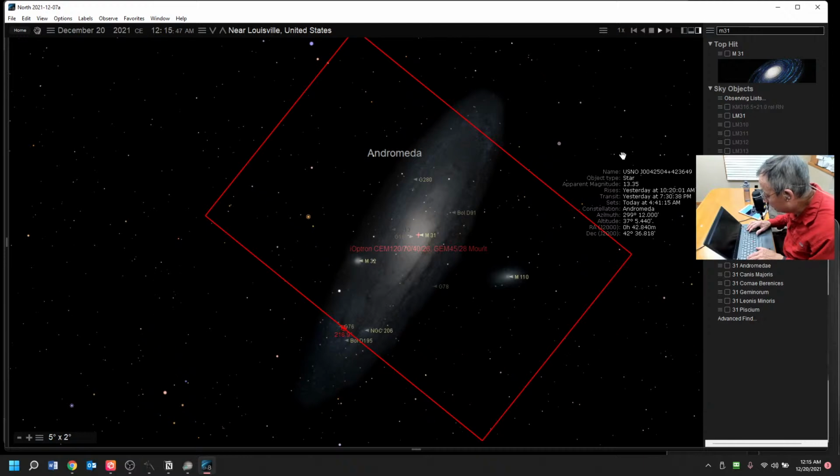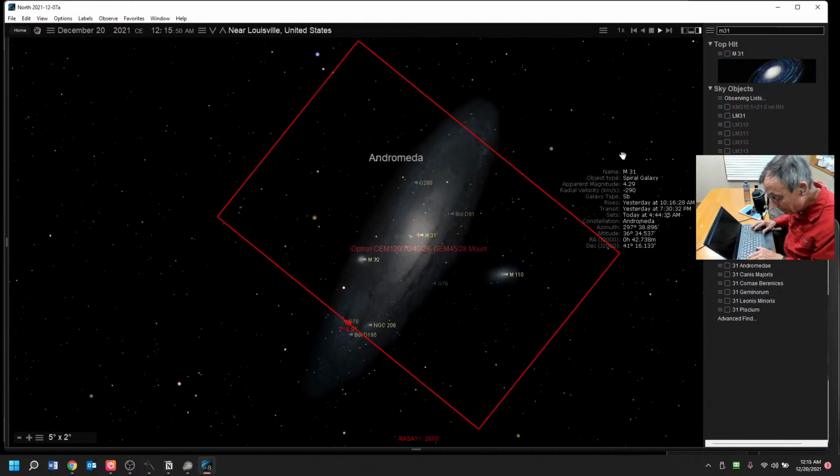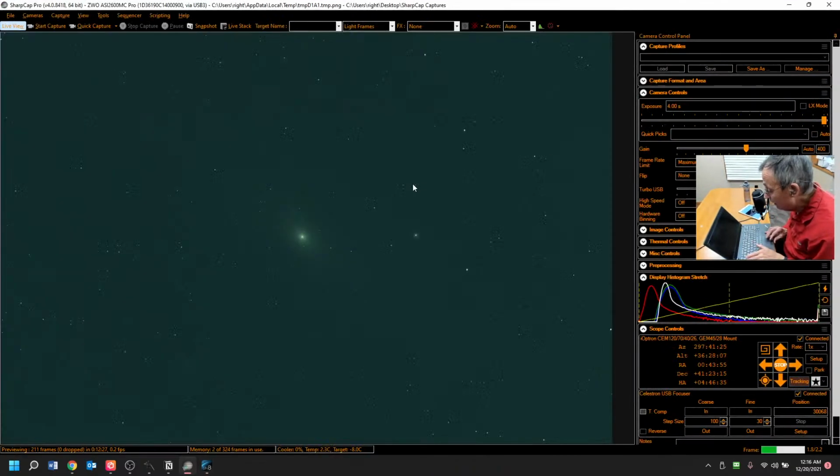Now, just to check myself, notice that wasn't the M31 in the middle of the exposure? Yes, it was. It was M31 in the middle of exposure. Now, just to check ourselves, in Starry Night Pro, the current orientation that I have guessed has M32 on the bottom side of a near vertical M31. M31 is tilted a little bit to the left. Now let's go back to SharpCap and